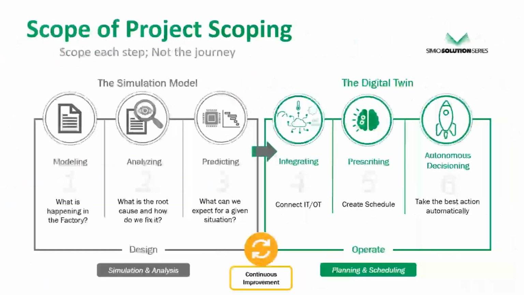So as we start to get into this, when we talk about scoping and we talk about a simulation project, a lot of times some of our stakeholders want to go all the way and have everything modeled in right away. Some use the term or the analogy of boiling the ocean right out of the gate and trying to get everything into the model right away, right? And we find that that leads to not a very successful project development or project plan. You're trying to do too much,